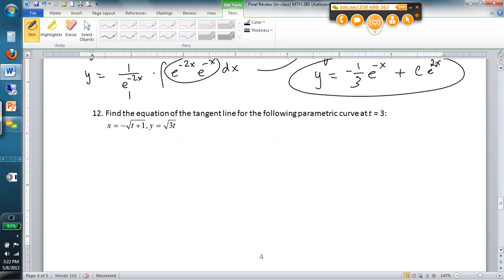Number 12. I think finish this off here. If you have to go, fine, I'll post